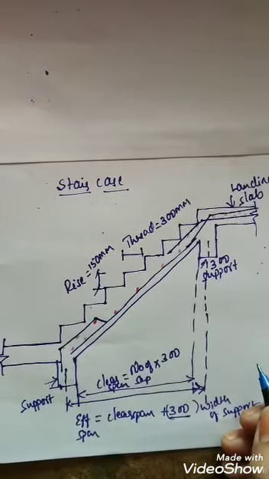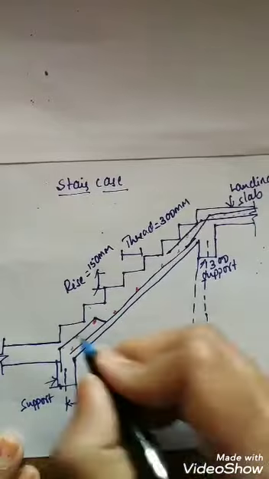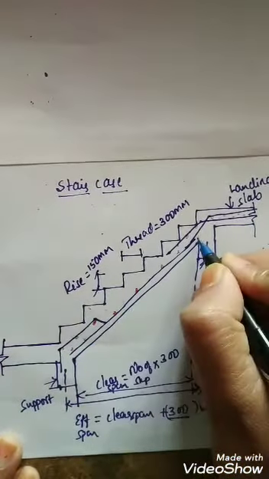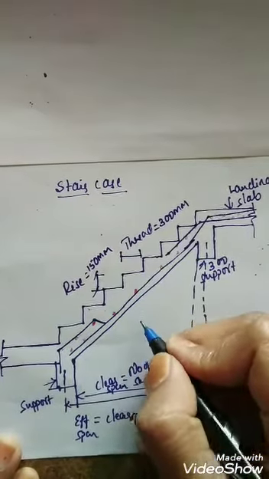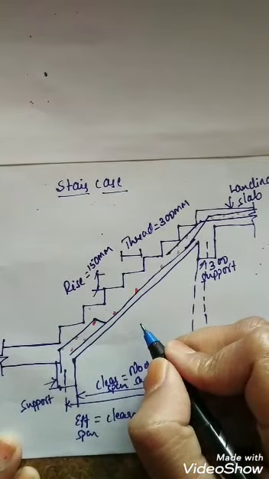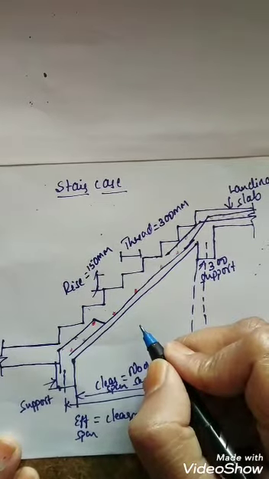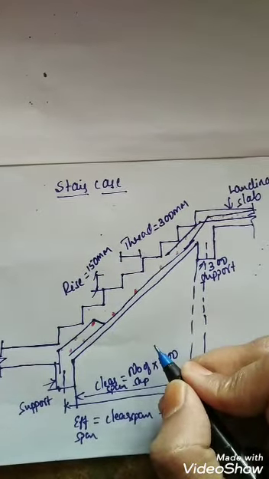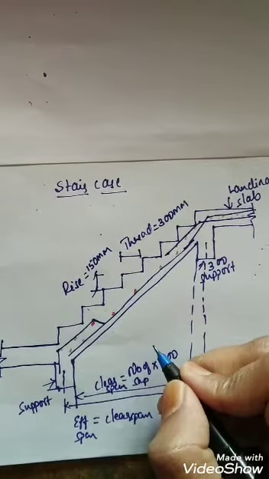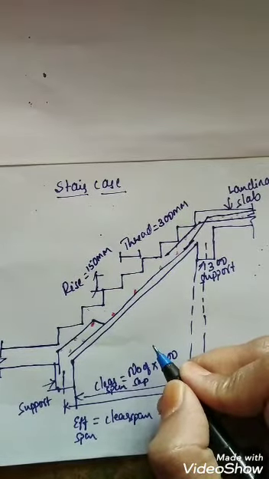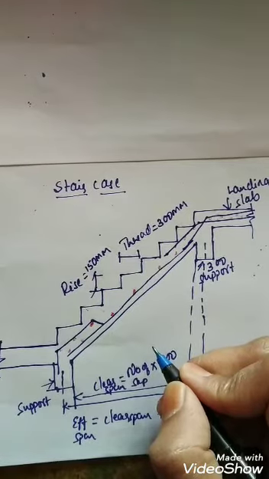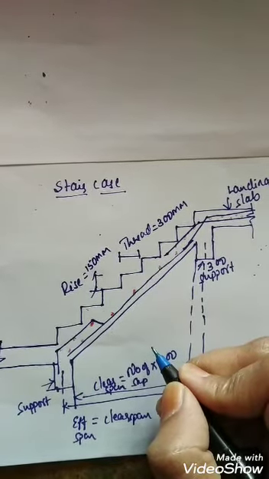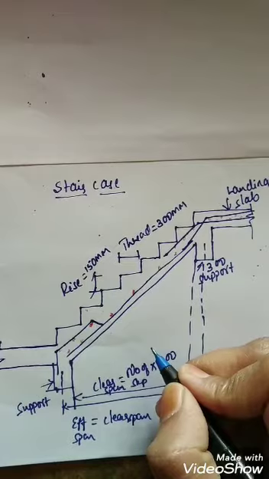And also we will provide the main bars and distribution bars. These straight bars we are calling the main bars, and these dots we are calling the distribution bars. Usually distribution bars are placed on top of the main bars. Main reinforcement bars are used to resist the bending moment developed at the bottom of the slab. Distribution bars are used to hold the slab in either direction and to resist the cracks and shear stresses developed at the top. This is the function of the distribution bars and the main bars.